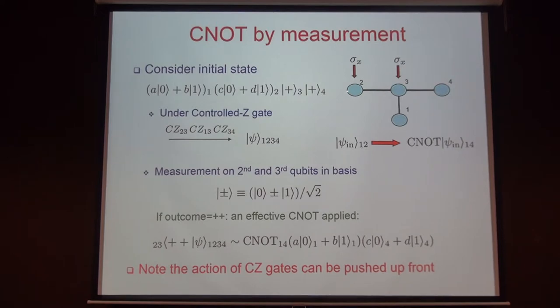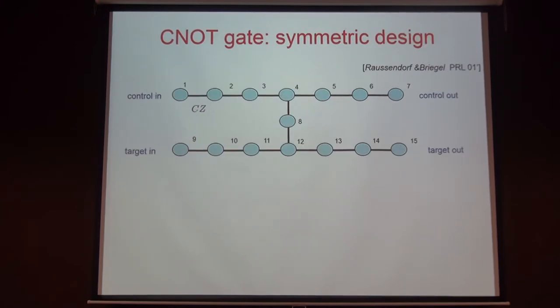If I have a structure like this, and I imagine this qubit was connected to the previous step of computation, and also this was connected to some previous step of computation, the input state can be teleported into here, and then I perform the measurement. The output will be a control NOT gate. Okay. This is a simple example,